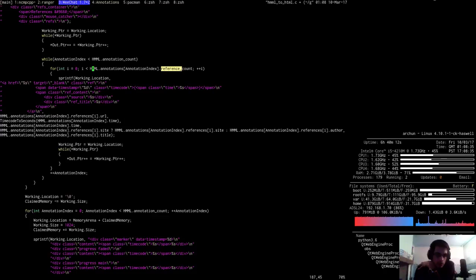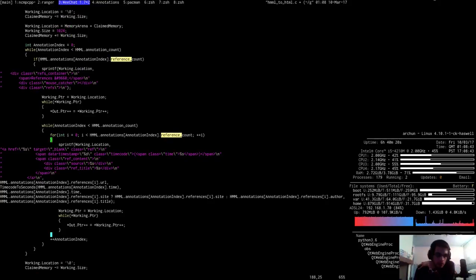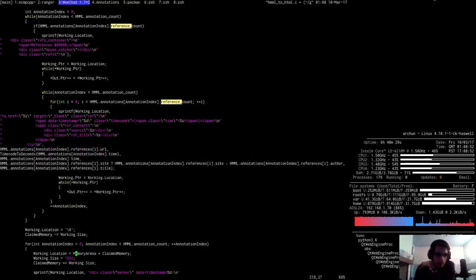Well, annotation index is less than the annotation count. Yeah. For i is equal to 0, i is less than